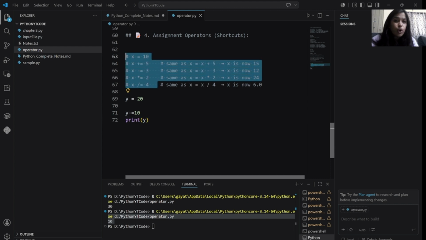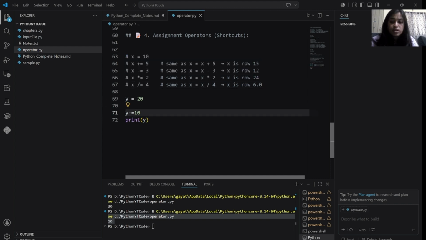Now, in the same way you can do all these operations. You can use division, you can use multiplication, everything you can use, right? The way it is written is in front of you. So you have to practice this. If you want, I can give you some programs also so that you can practice.